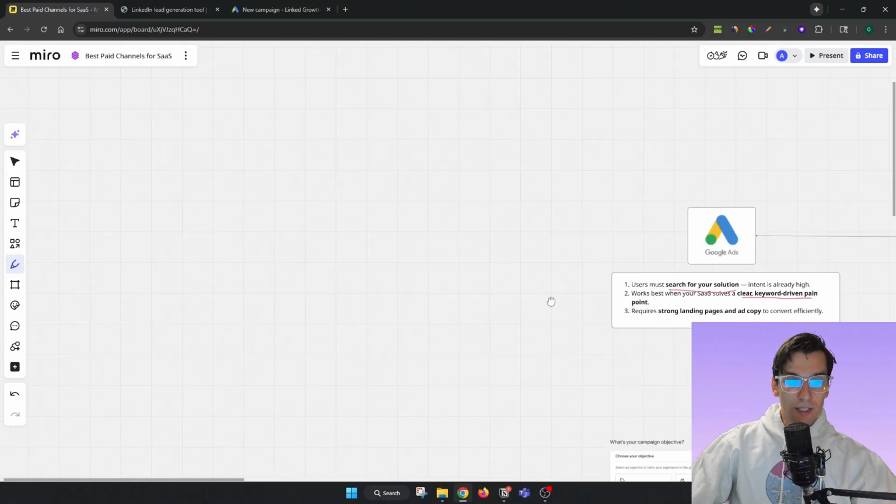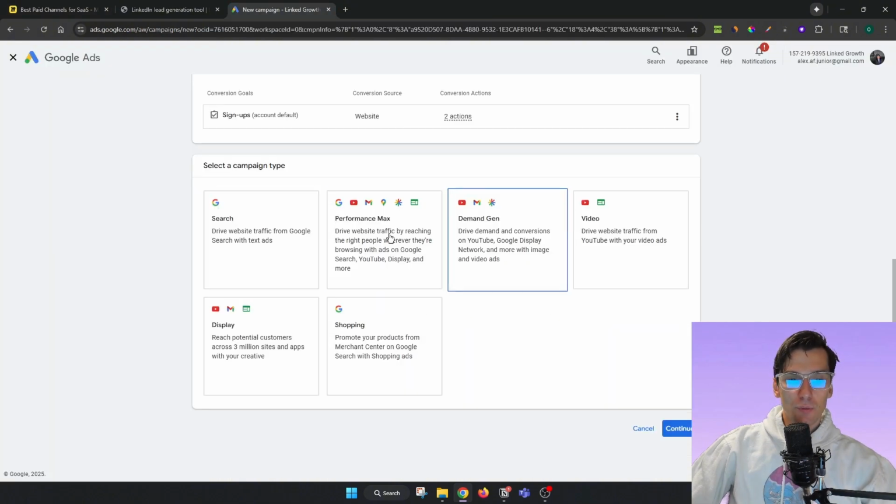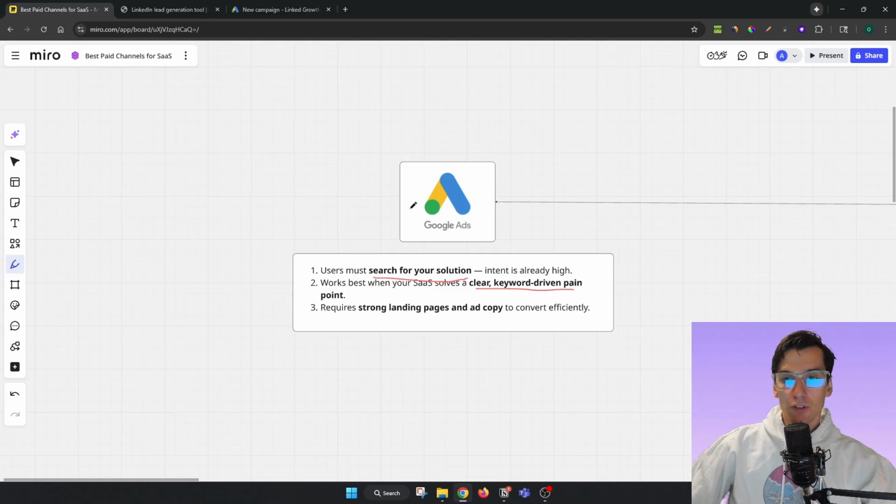How do you scale LinkedIn? Same way. How do you scale Google Ads? Same way. If you do a PMAX campaign, you can just run it at, I don't know, $20-$30. It depends what your cost per acquisition is and what your monthly subscription cost is. You can start at $20 to $30 a day. Wait 5 to 7 days. If people are not signing up, just kill it.